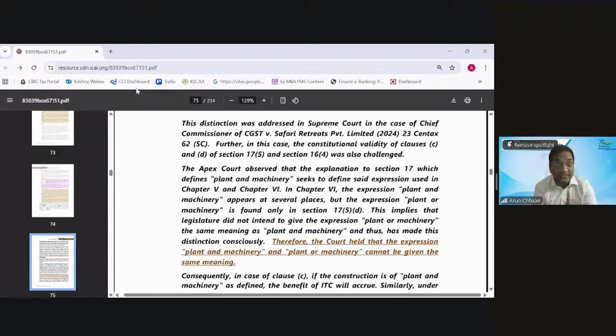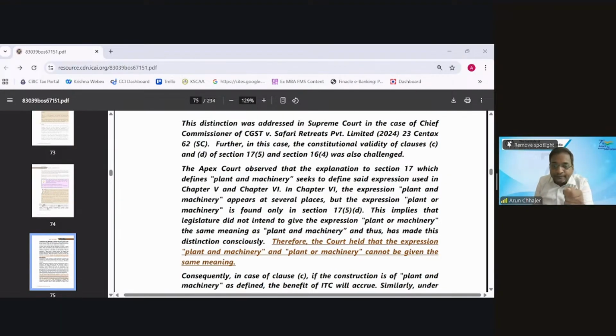No, it is not considered as plant as per the section, I'm saying. Suppose I'm keeping the plant and machinery, so I need a foundation. Yes, that is plant. I need the structural support. So for example, I need to create a shed so that my plant and machinery would be safe. So that is plant. But the entire factory building would not be the plant as per the current provision of the law. I'm not talking about any judgment, any favorable or adverse judgment.